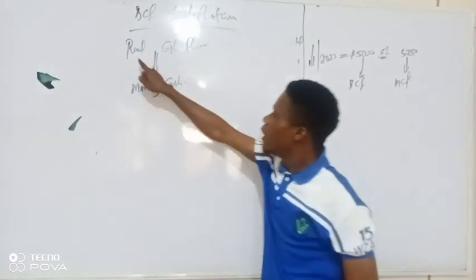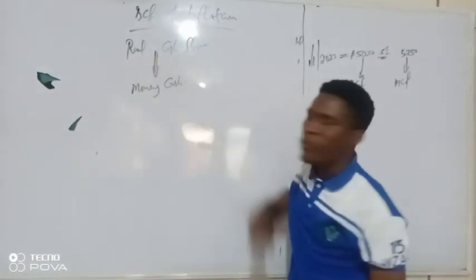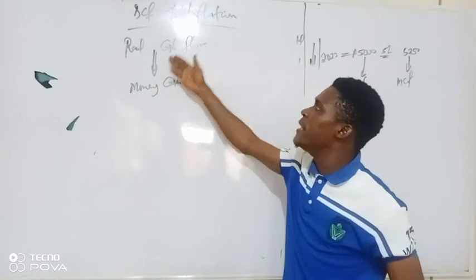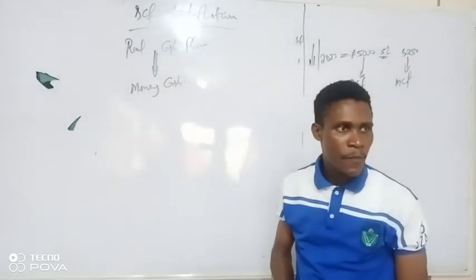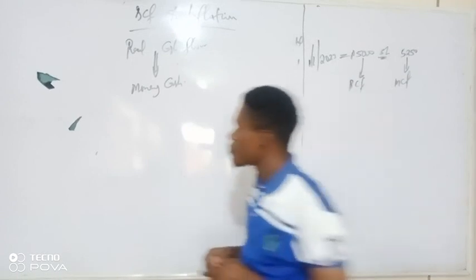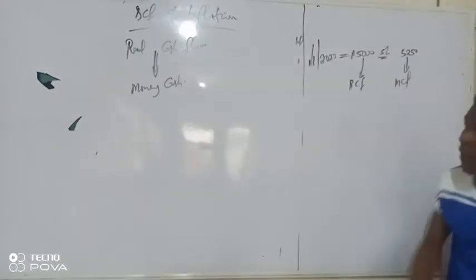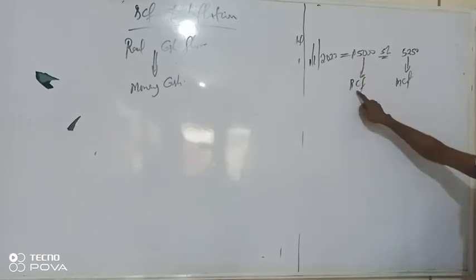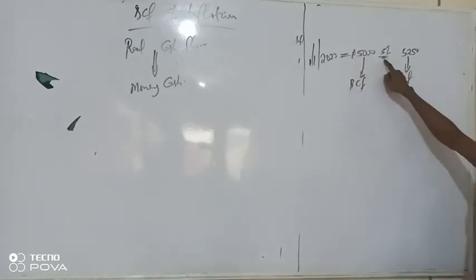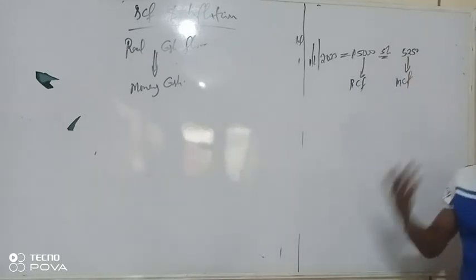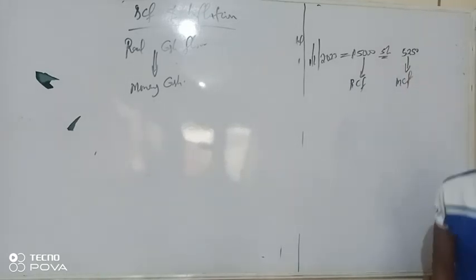So when they give you real cash flow and you think, oh, I need to convert it to money, then the principle is just like this. Look at this example here. Your cash flow is what? 5,000 here, real. What's the inflation rate? 5%. What is this one now? How do you get this one? Simple ABC. How do you get it?